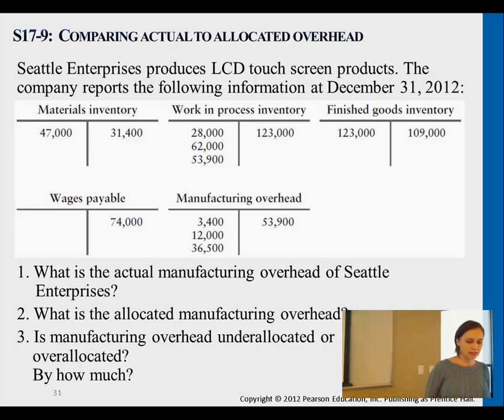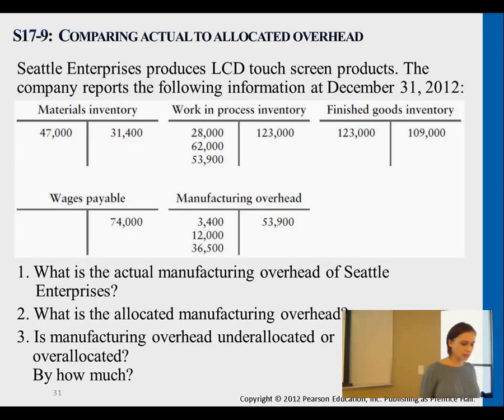Okay, what is allocated manufacturing overhead? How much? 53,900. Where did we get 53,900? Of the manufacturing overhead. Okay. And then, is it over allocated or under? Over. Why is it over? Because it's bigger than the actual. Okay, by,